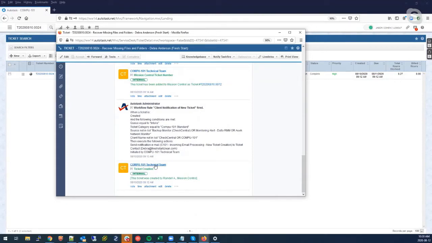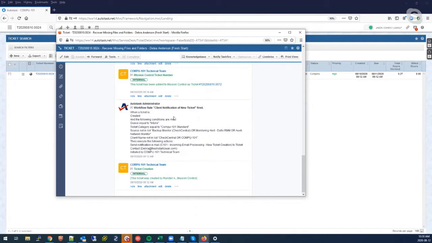Now, that resource name is completely customizable. The MSP can call us Mission Control, they can call us Help Desk, they can call it Service Desk. The name, again, is customizable. It doesn't matter. But that is the name that references the Mission Control user inside of the MSP's PSA. We can see that the ticket in this case was actually created by Mission Control. This is an internal note, so no client will ever see it,